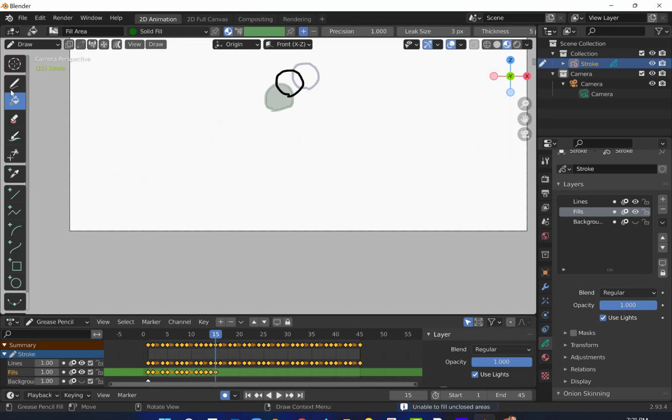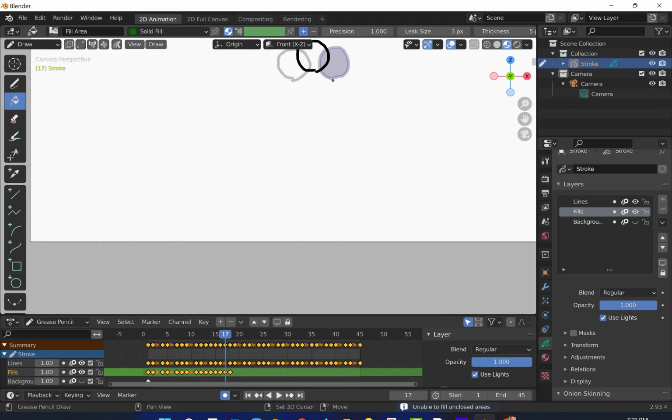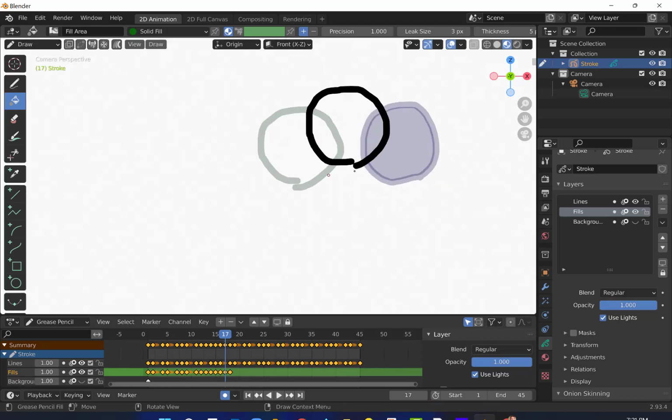Huh. It's like it's not filling. So I wonder if there's a leak. Usually it fills the whole screen in, but that might be an issue there. Leak size I have set at 3 pixels. Let me go to 4 pixels and see if that does the job. For some reason it is not filling here. Unable to fill unclosed areas. So it feels like, and I'm under fills here,